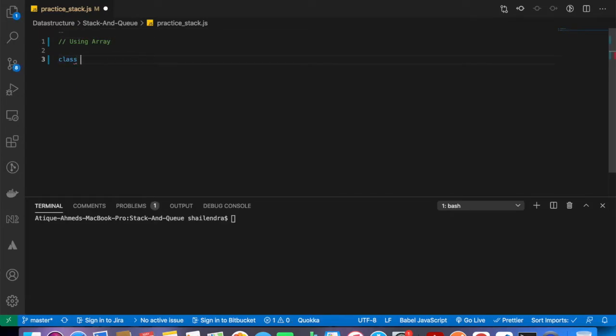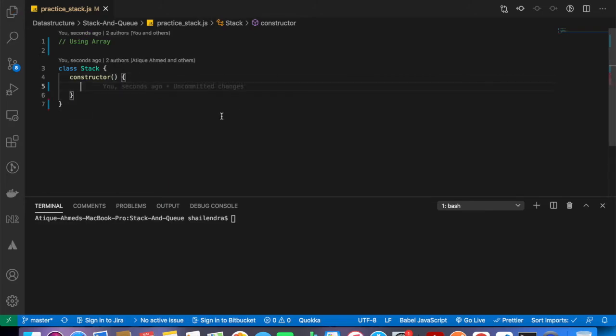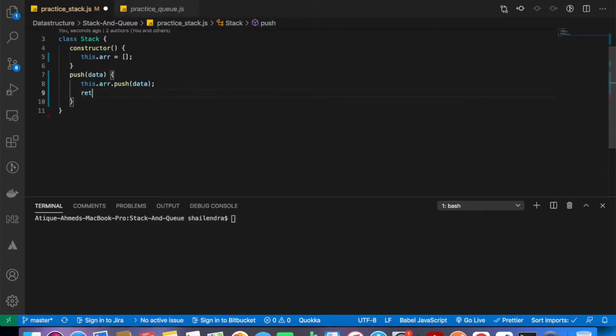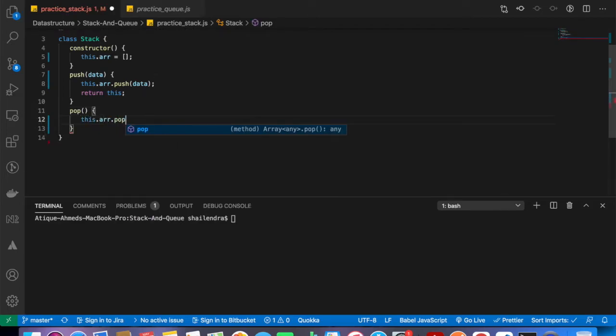Let's create a class called stack, and let's do a constructor which basically creates an array, and let's create a method of push which takes an element, and say this.arr.push(data), and return this. Then let's create a method called pop and say this.arr.pop(), and return this.